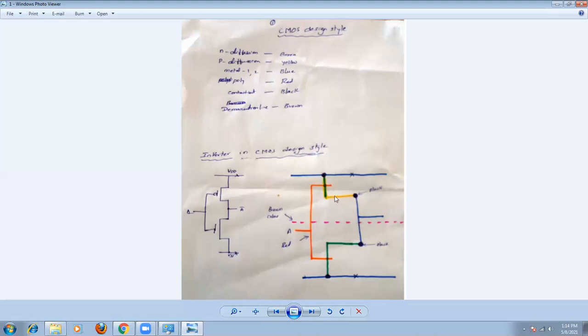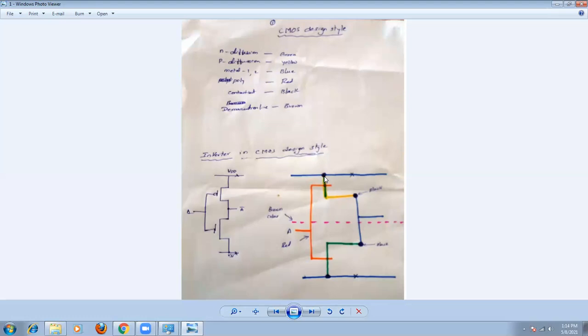So you cannot use the polysilicon to join these two layers, because there is a chance of a transistor existing again when the polysilicon crosses the diffusion. So we cannot use the polysilicon now. Better to go for the blue color, that is the metal one layer. By using a metal one layer, you can join these two points. That means this point and this point will be joined together by using a metal line. The drain of the N channel and the drain of the P channel will join together here, so you'll get a connection point in this case.